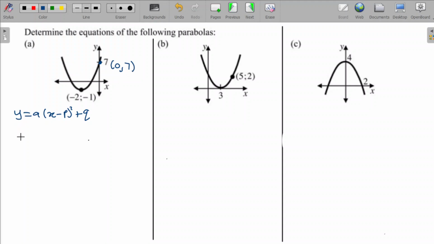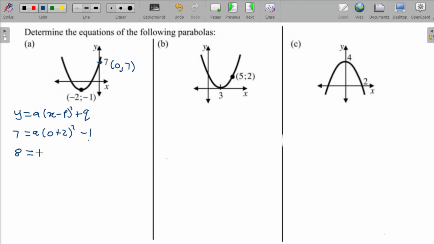In this case, that point is this one, where 0 maps to 7. So we substitute that point in, so it's going to be 7 equals a times, then the value of x is going to be 0. Since this one is negative here, we put it as positive, so it's going to be positive 2, all squared, and then minus 1. From here we take 1 to the other side, so we have 8 equals